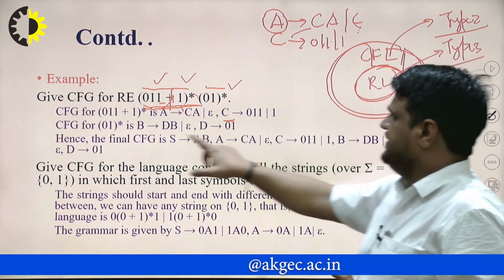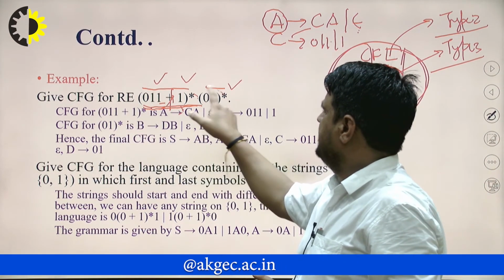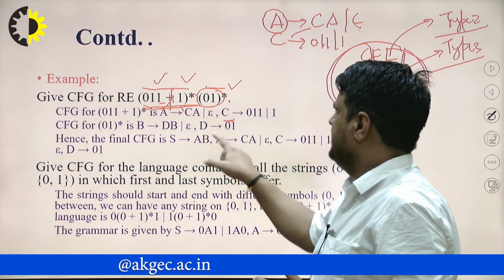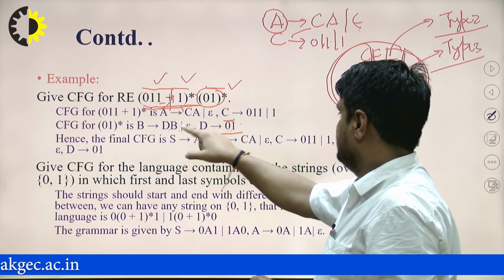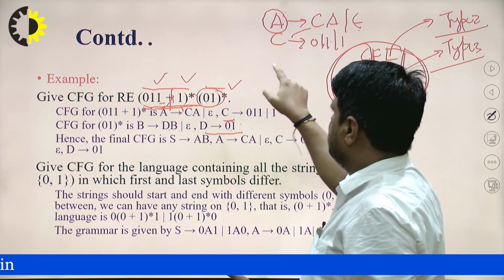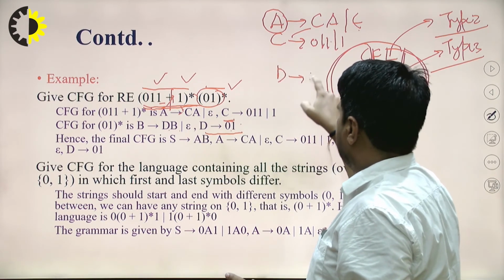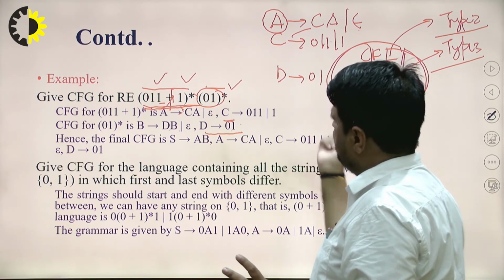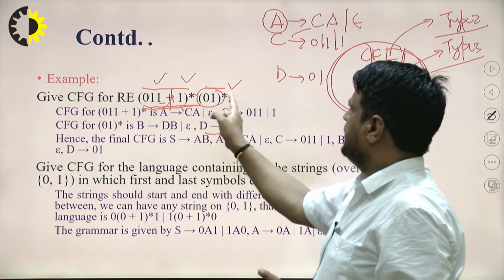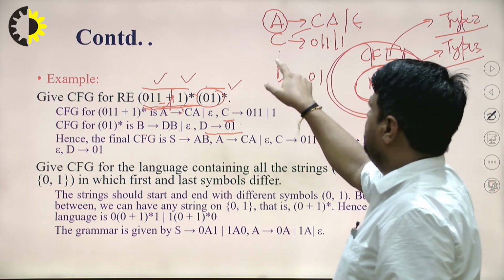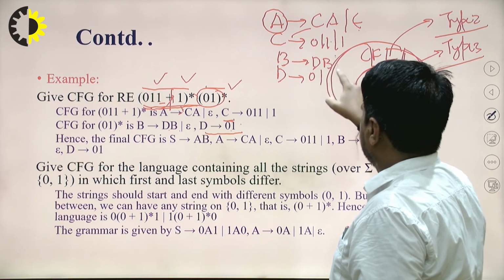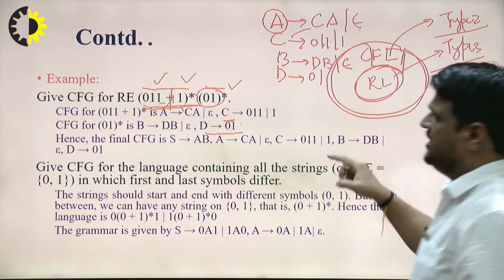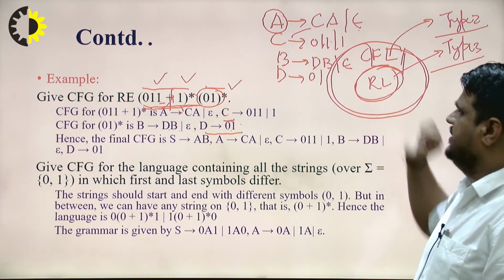Okay. After that, you can see for this one, 0 and 1, how can you write? You have to write 0 and 1, and D, B, right? Similarly, D tends to 0, 1. I want to generate this string. After that, we have to perform the repetition because star will be there. So, I have written B tends to D B, and it may also generate epsilon. So, the minimum string is epsilon. I have appended epsilon here.